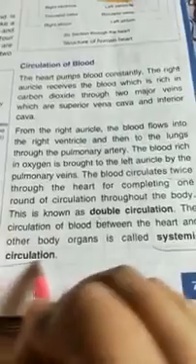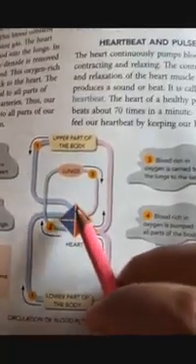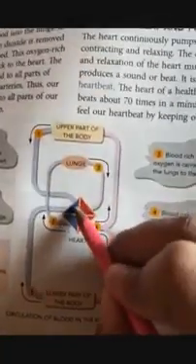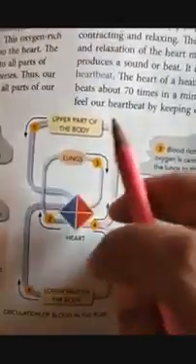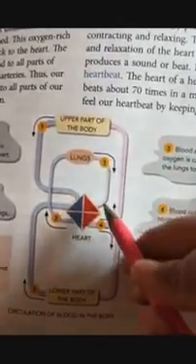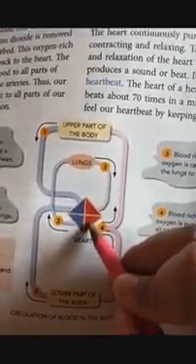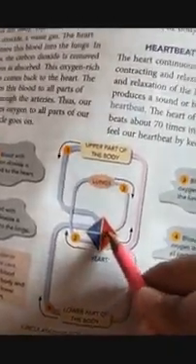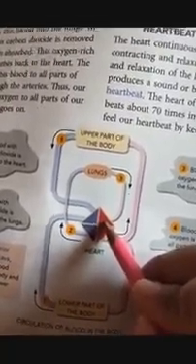Now understand this point. So now see, the double circulation means blood passes through the heart 2 times. Once from the right auricle to the right ventricle and to the lungs. This is the first circulation. Then from the lungs it comes to the left auricle to the left ventricle, and then goes to the body. So 1 and 2. So this type of circulation is called double circulation.